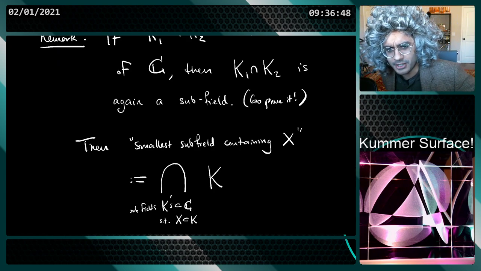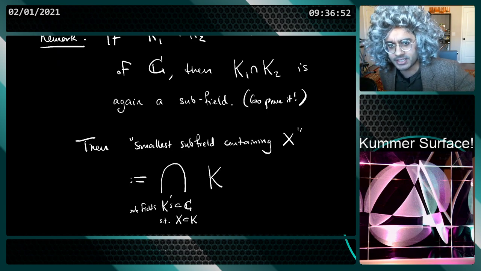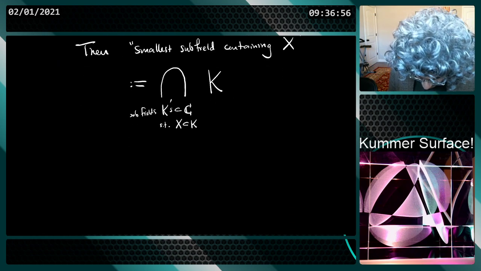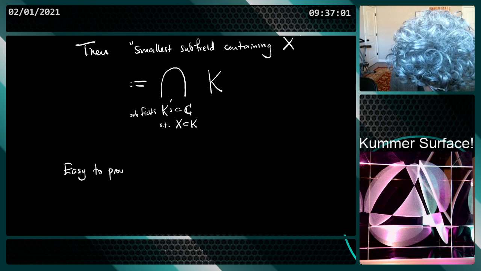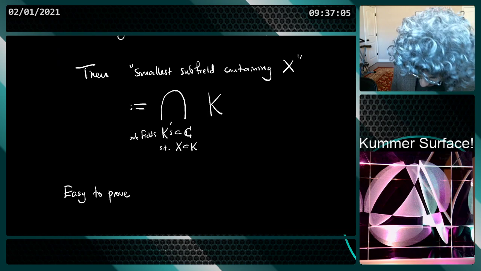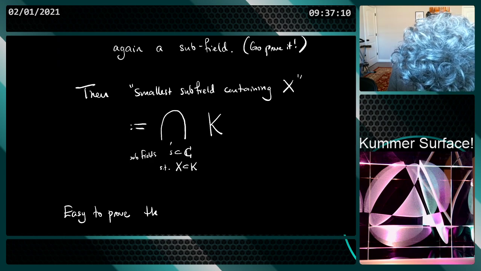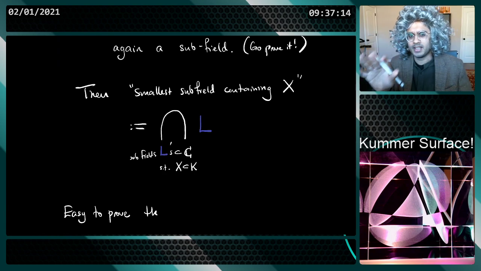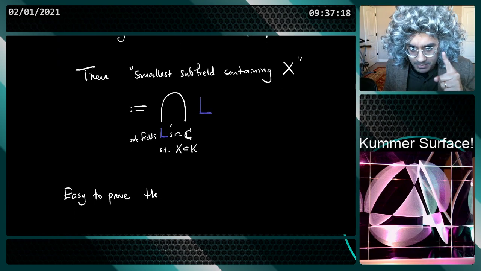The K's intersect all the fields that contain X. That is the smallest subfield that contains X. All right? And so you can prove, easy to prove. Maybe I should change this to like L's or something, just to make it not confusing later. Okay? Easy to prove that this field,